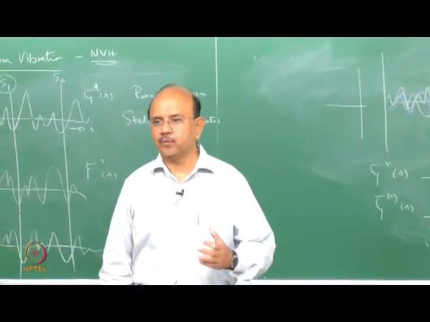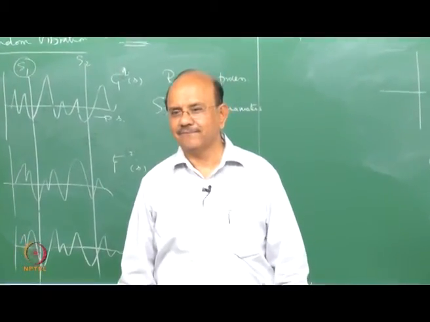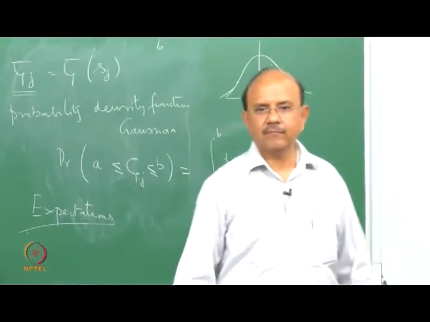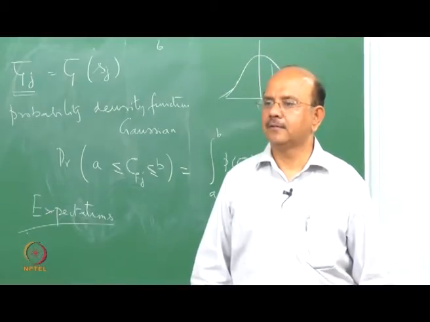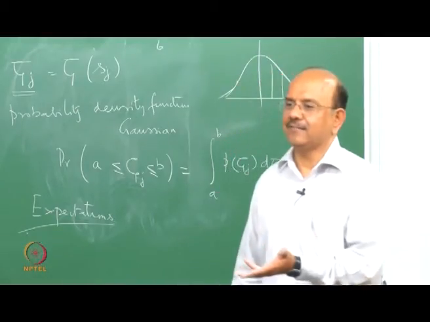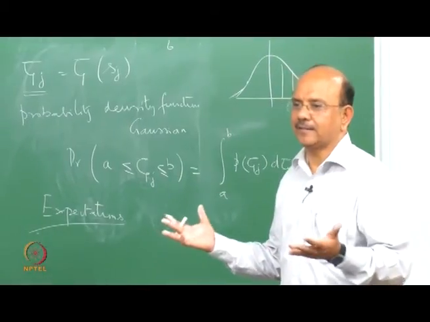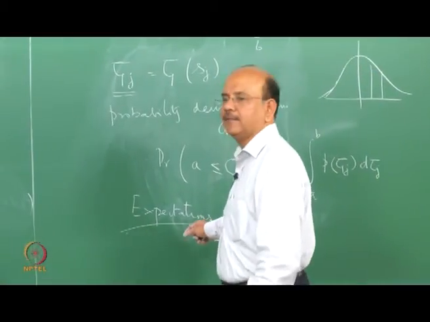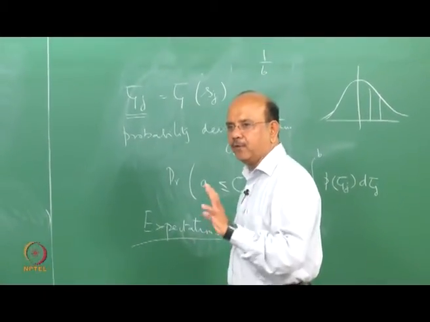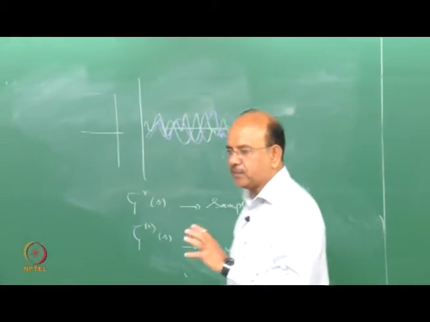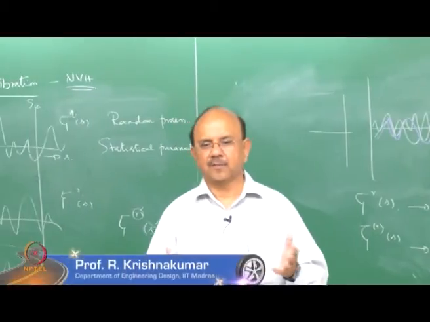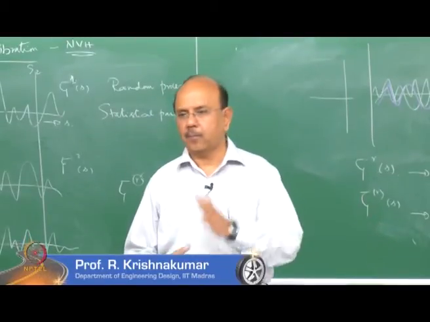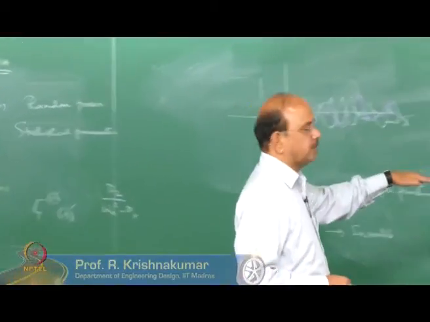Tell me what value you would get. How do I calculate it? 1 into 1 by 6 plus 2 into 1 by 6. Yes, exactly. Sum it up and you will get the expected value. I'm going to use that to define my expectations, and I'm going to distinguish slightly between what you had learned earlier, say as an average and a mean, or in other words, the sample and the population. We will start from expectations in the next class.